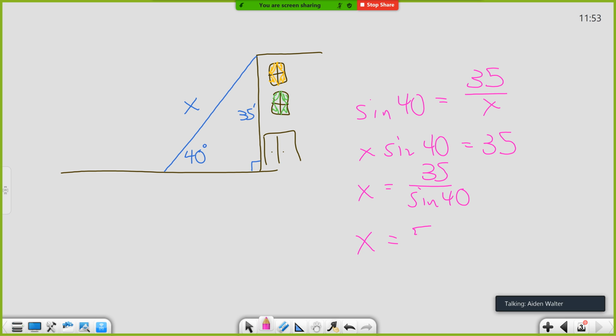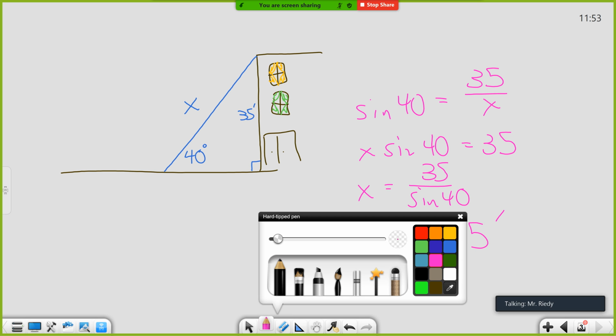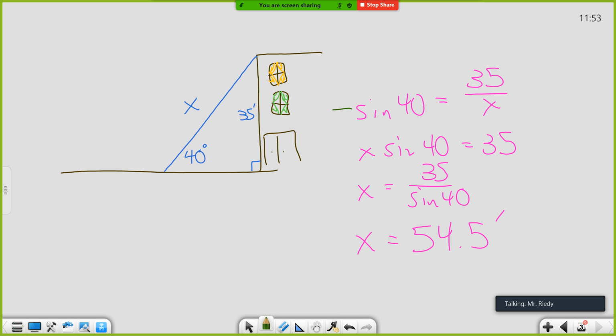54.4. That's better. I accidentally had a sign in front of my 35 when I typed it in. 54.4503339. Okay. We'll go with 54.5 feet. Okay, good. So, getting from here to here is a fairly common practice where the variable that we're looking for